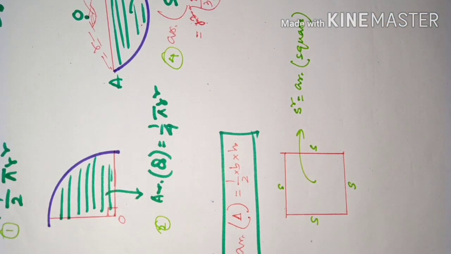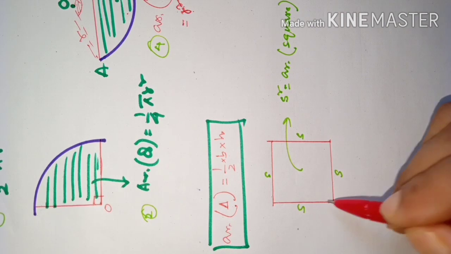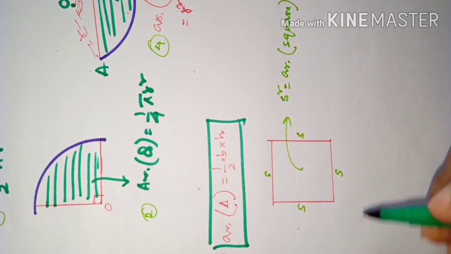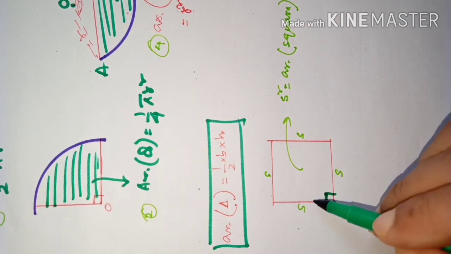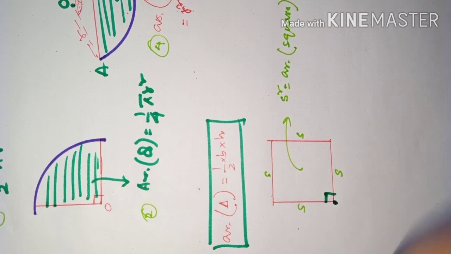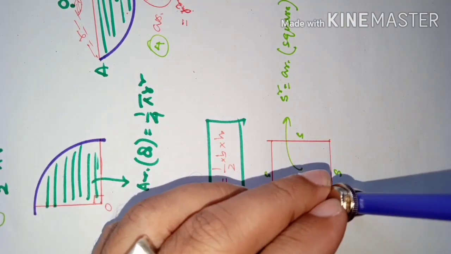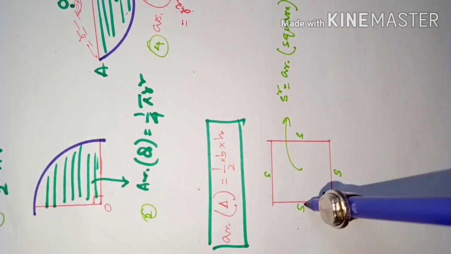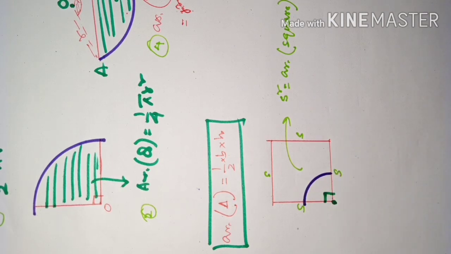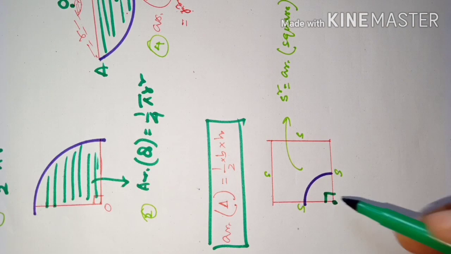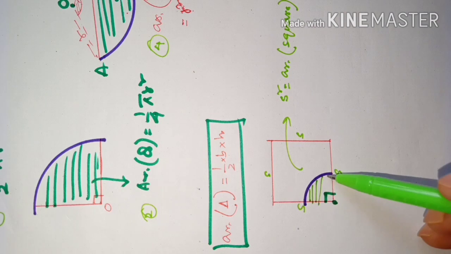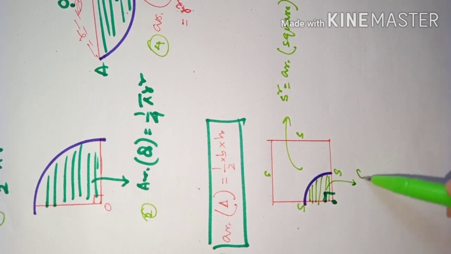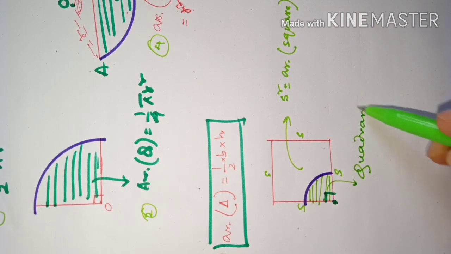Dear students, as you know, every corner of a square is of 90 degree. So now taking this corner, suppose this point as a center, if we move our compass this way, what shall we get here? Suppose I have taken the radius according to my convenience and moved the compass this way. Since this angle is 90 degree, what will you call this part of the square? This part you will call a quadrant, because this is a 90 degree angle.